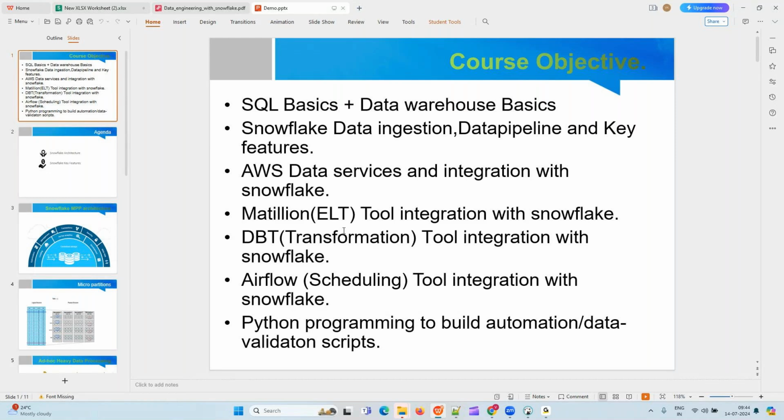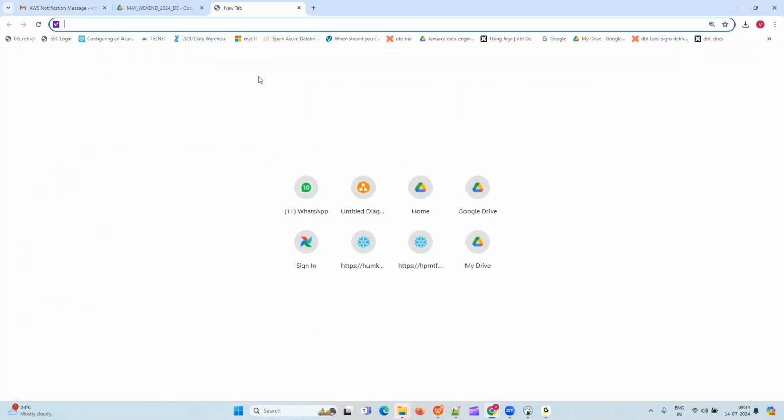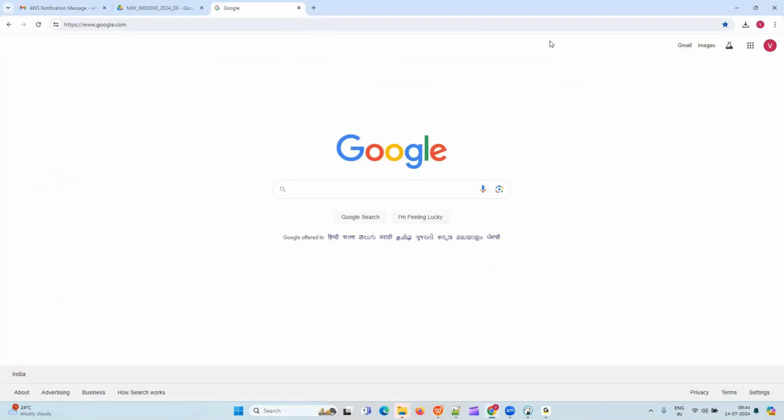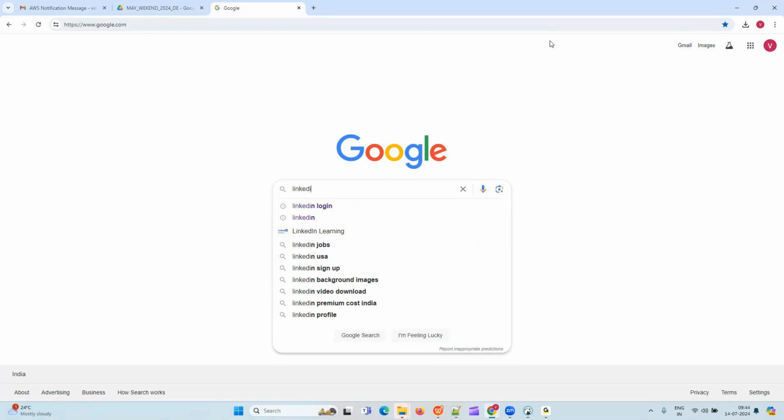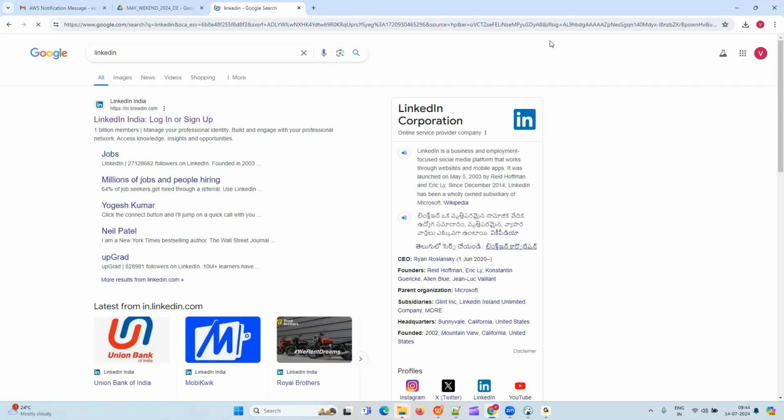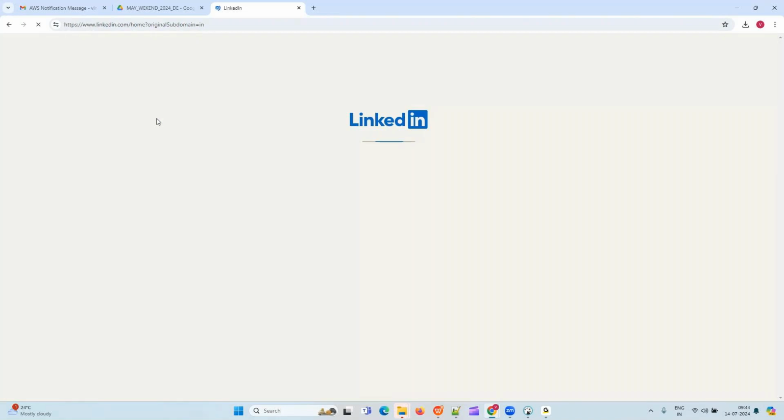So first of all, if you go to any job market, let's take LinkedIn, one of the famous sites where you will get a lot of job opportunities, right? So let us see how a data engineer job description looks like.